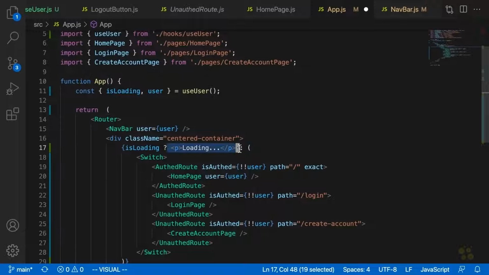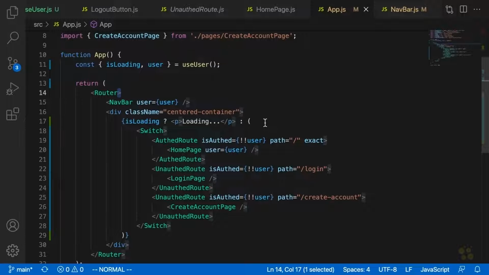Otherwise we're going to display the loading message right there. So in other words, now everything outside of that will be displayed, right? The centered container will still be displayed, the navbar will still be displayed, the router will still be displayed, etc. And that should just make it a little bit less strange to look at when we